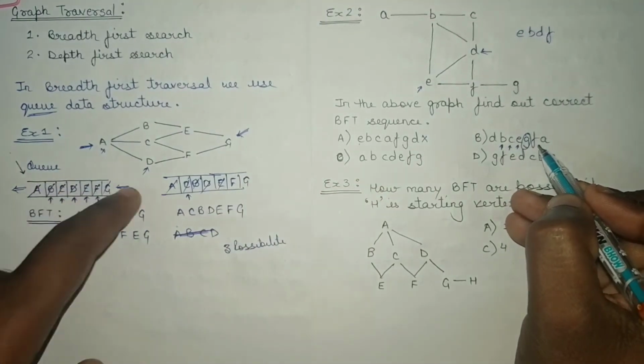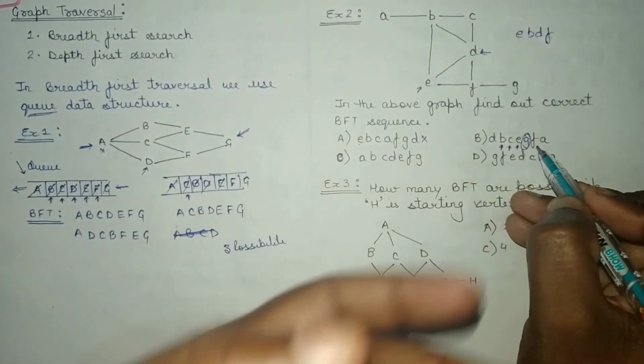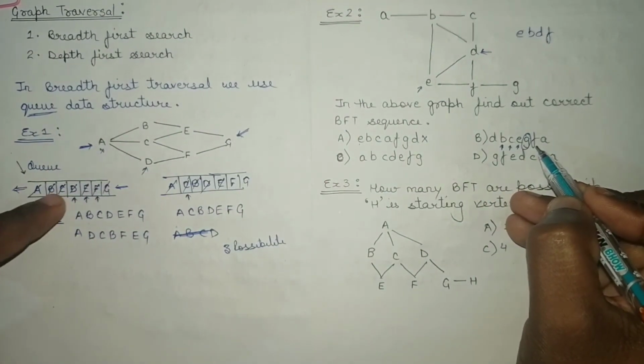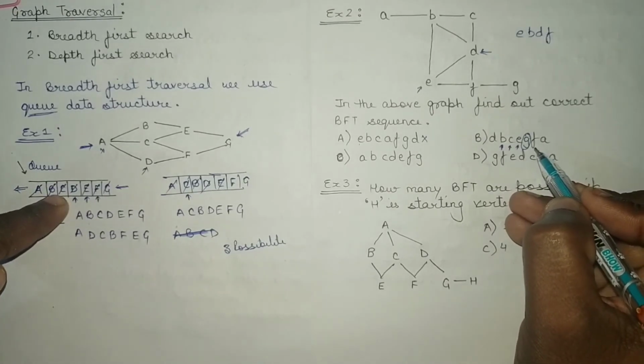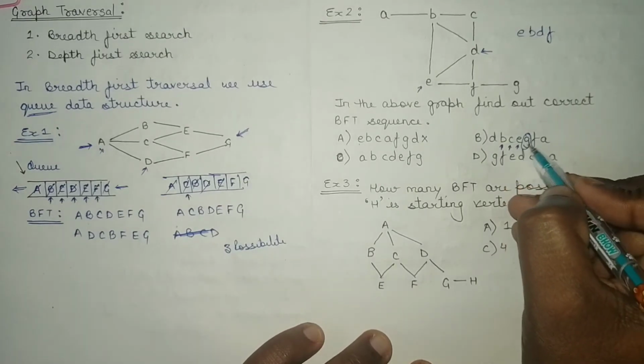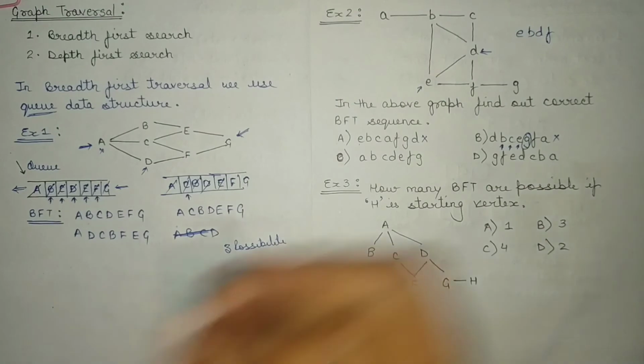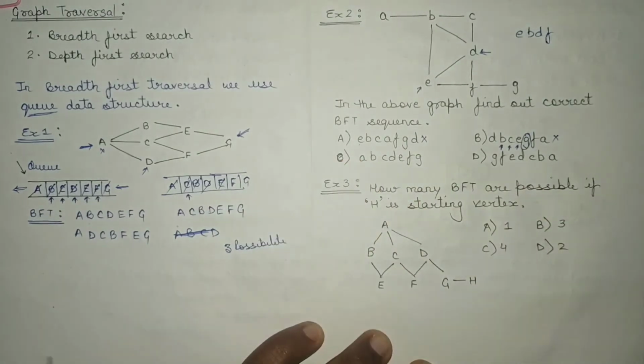Try to do by using a Q as well, because in the initial time you might not be getting what exactly I am doing. So try to do by this particular procedure that I explained you, and you will be getting how I am doing it. So this is also not possible that you are taking G before F, so it is also not the correct sequence. Now next move on to this C.